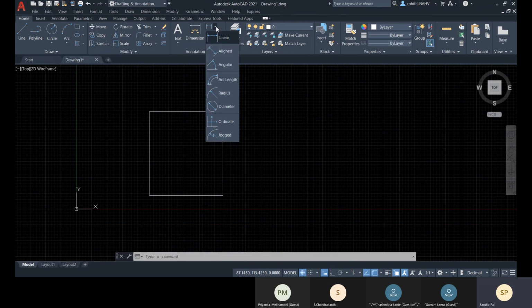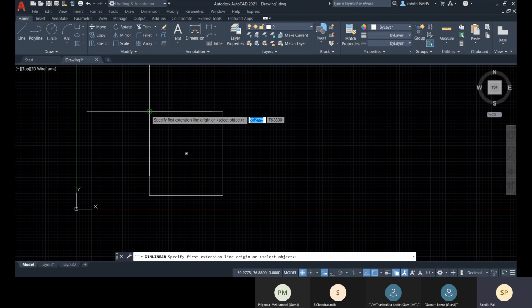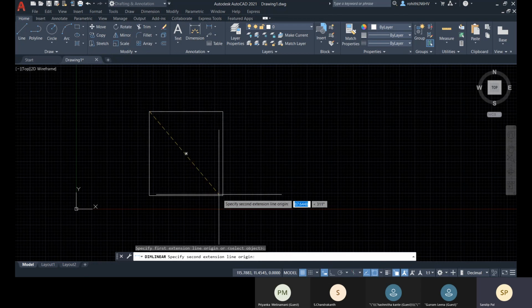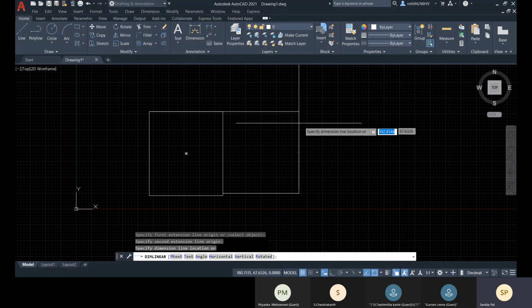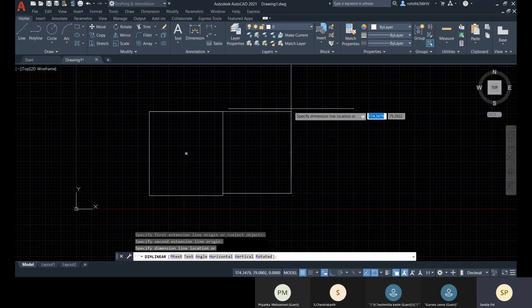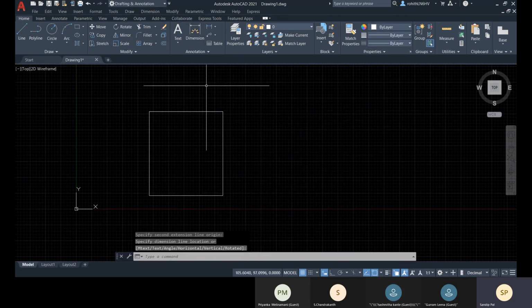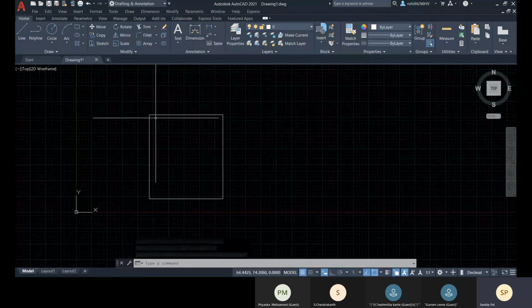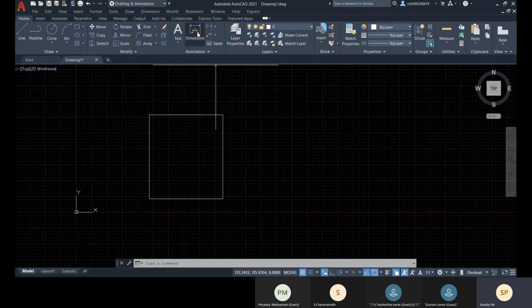With this linear, suppose you want the linear dimension from this point to this point. If you go through that, it will not take the linear dimension for that point. It will take only the linear dimension in the linear direction.